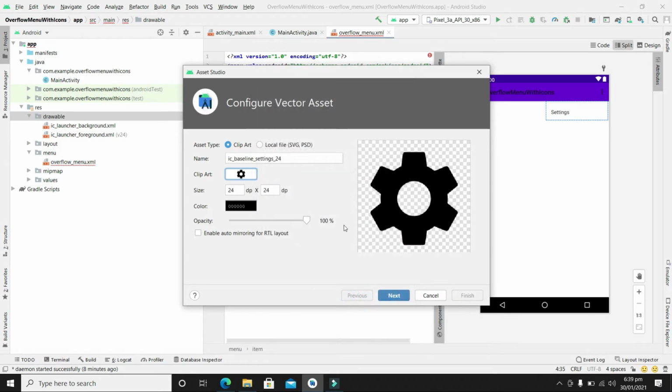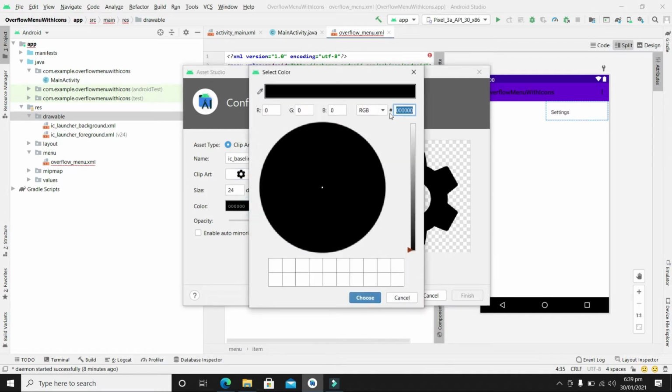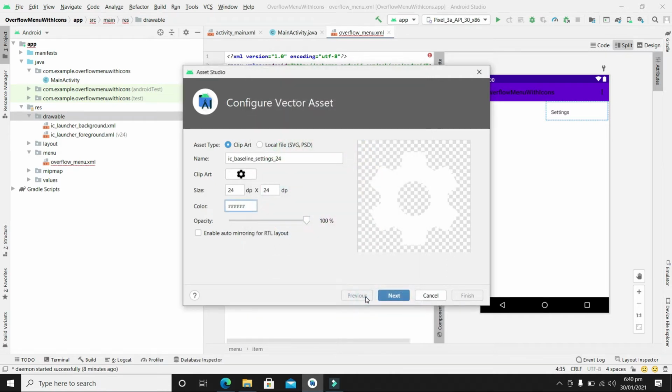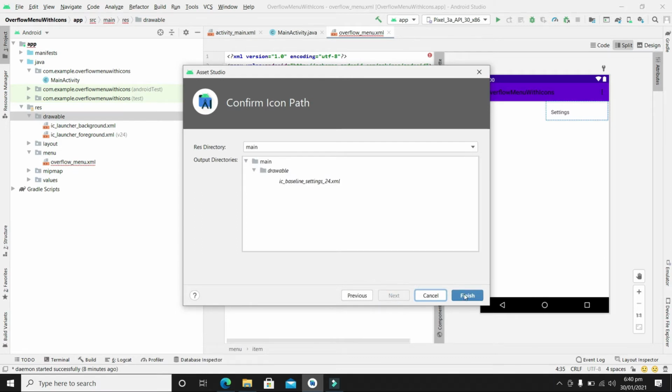By default it is black, so we need white so that it can be visible on the menu bar. For this, click on this color tab and from here write 6 times F for white color and click choose. So it is white now. Click next and finish.